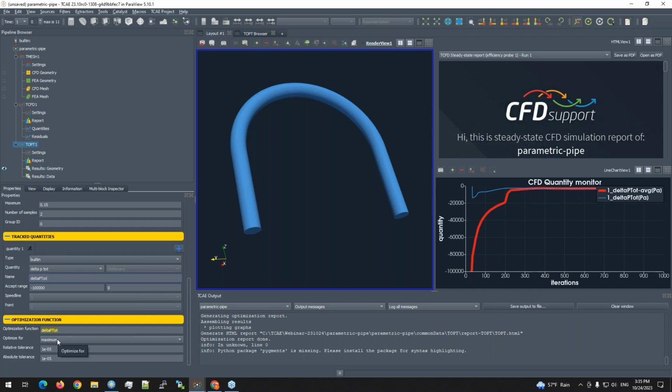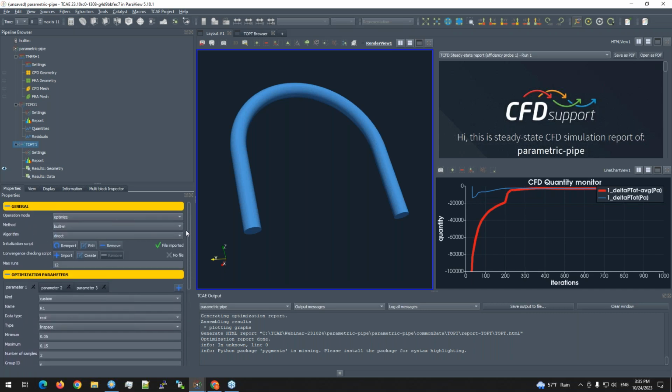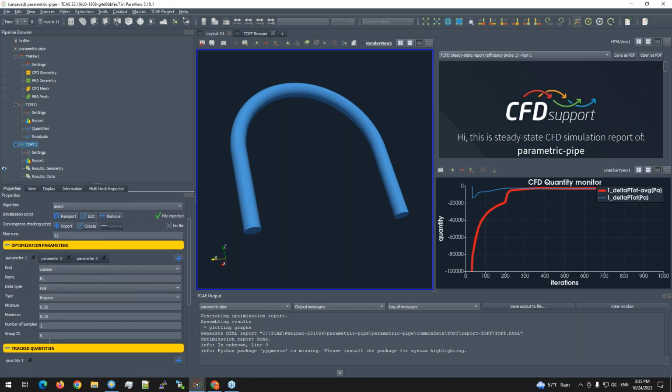I would like to look for the maximum because the value is negative, so it's a pressure drop, and these are the tolerances to stop the optimization function. But in this case, just to be as quick as possible, I suggest 12 runs, and the whole process works as follows: